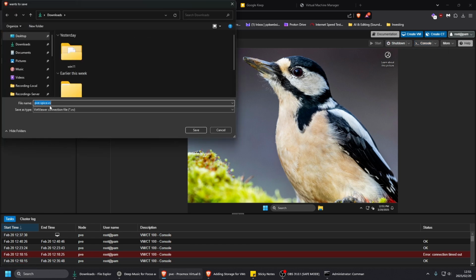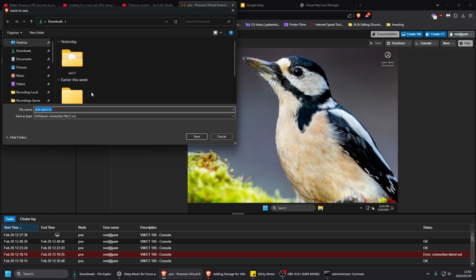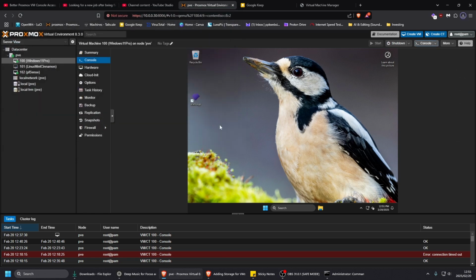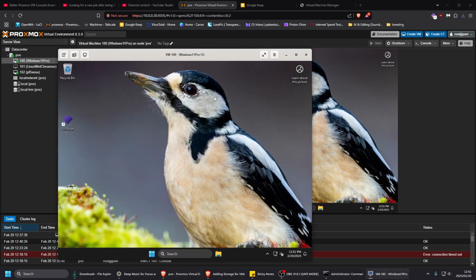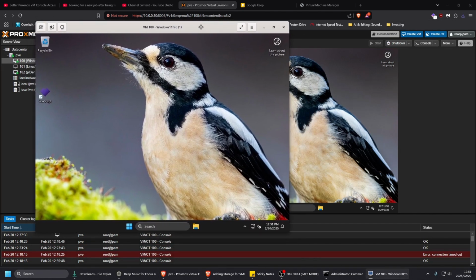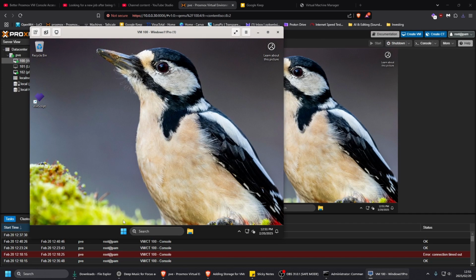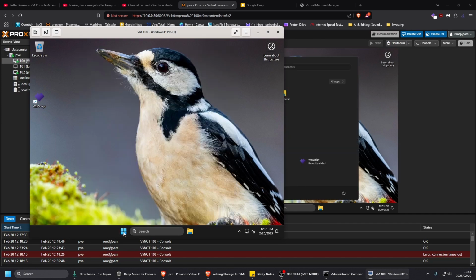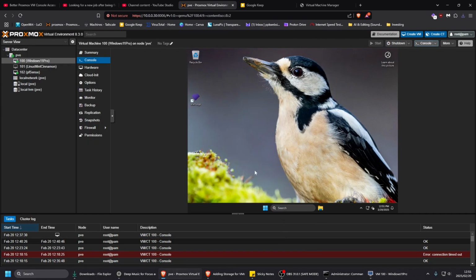Right, and then it wants to download the little file, so you can just download that. Then once that's downloaded, that's the actual file that you want to run. That's pve-spice.vv. Just run that, and that's going to call the viewer, the Spice viewer. And here's the viewer. As you can see, it's working,